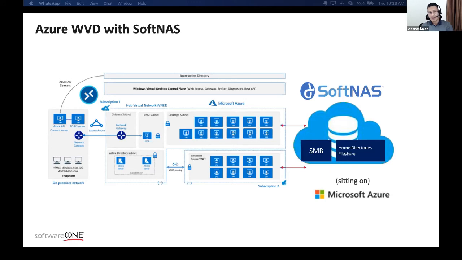So the other portion I just wanted to add to that architectural overview is how to optimize the storage. There are many ways that you can deploy that, even on Azure. In Azure, what we have from a solution perspective is a software-based NAS, or soft NAS, that sits on top of the Azure platform. The value that it has, especially when you're working from home and trying to get to your home directories or your file shares, is that it